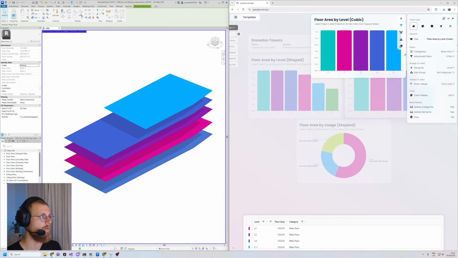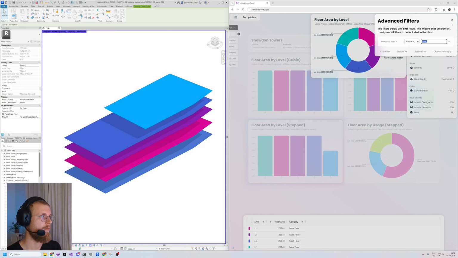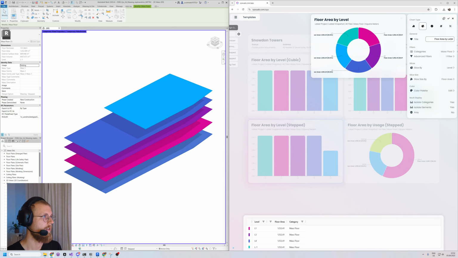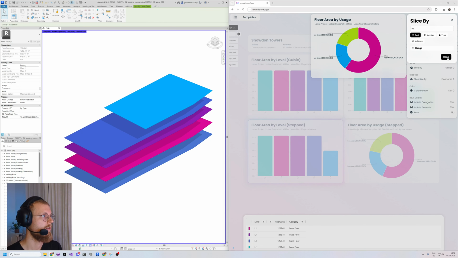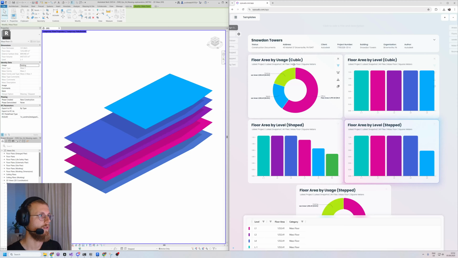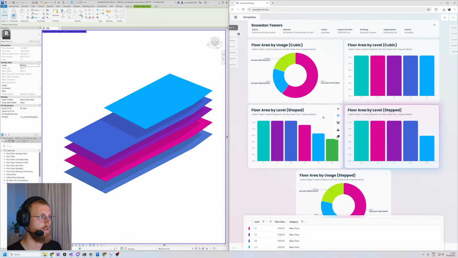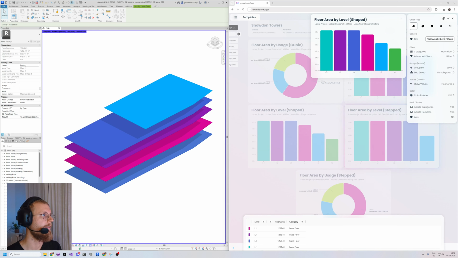Take the cubic one here, duplicate this one up here, change the chart type, say advanced filters. Yep, cubic is correct. And then we don't go level, we say usage. And here again, cubic, just to fix the design option. Okay, so these two correspond, and now let's take this guy here, duplicate this one, and in here